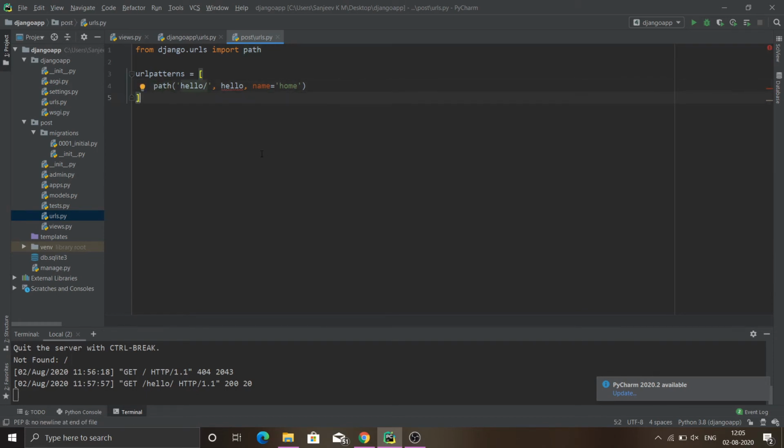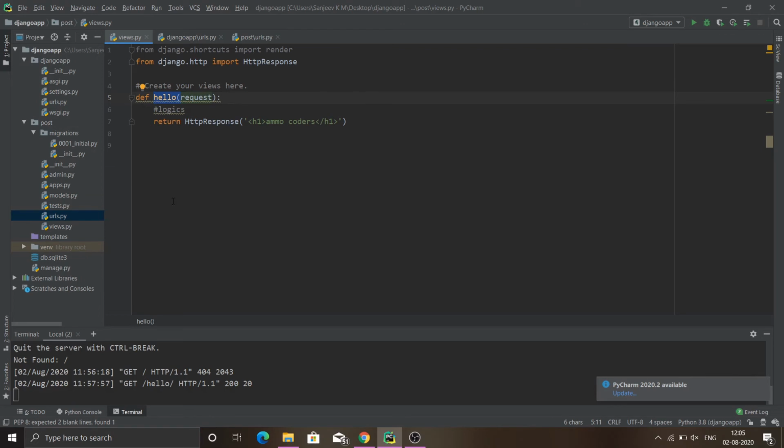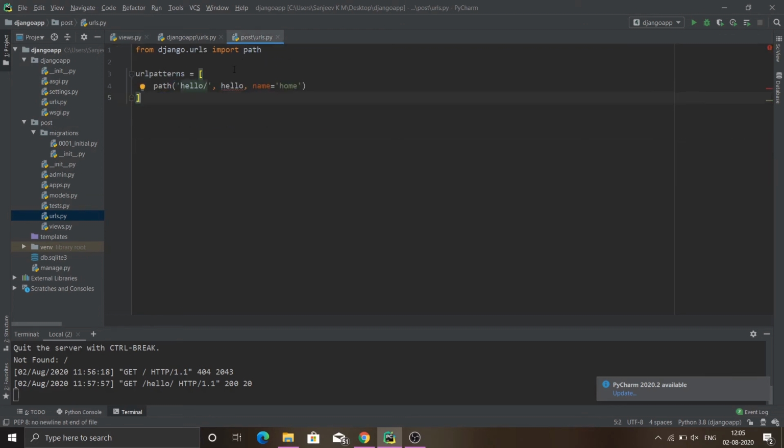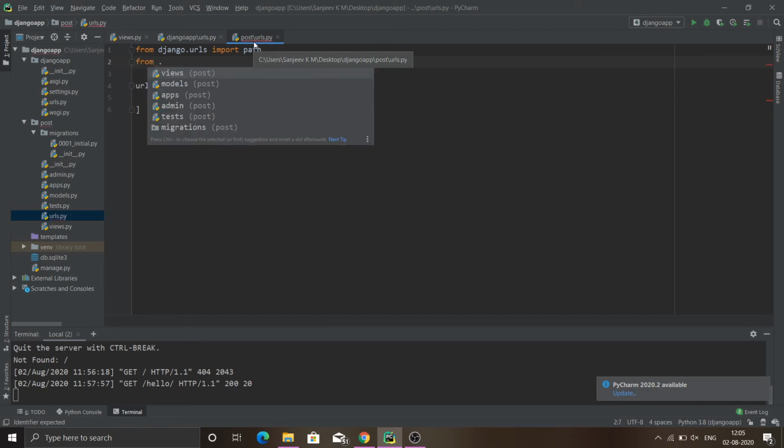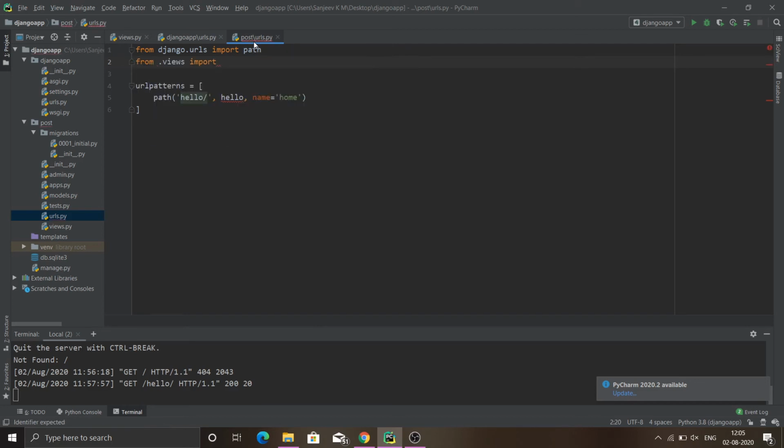So we have created a urls.py file specific to our post application, and we have mapped our view in our post application in our post urls.py file. And in here we need to import this hello view in our post urls.py file. So from the current directory and in the views file, we have to import hello.